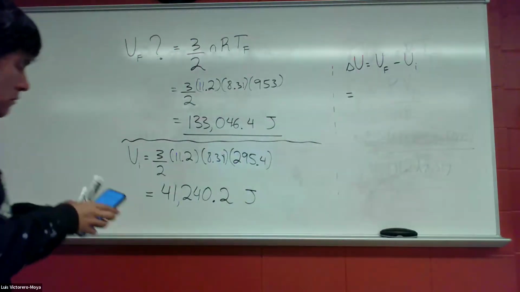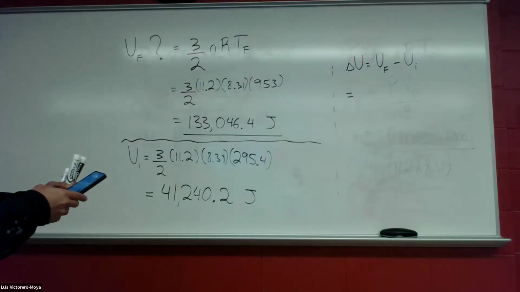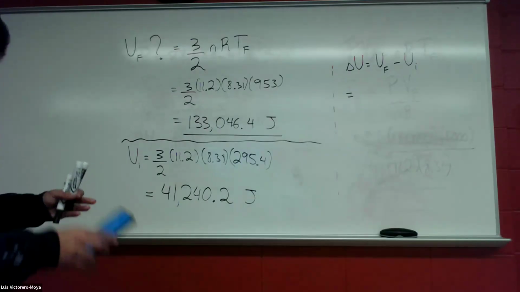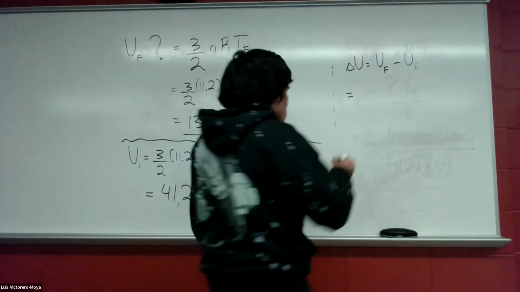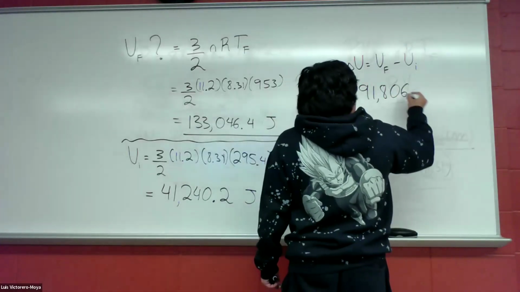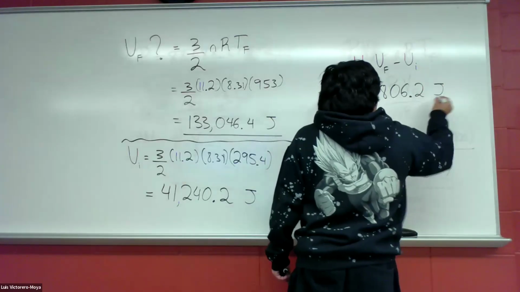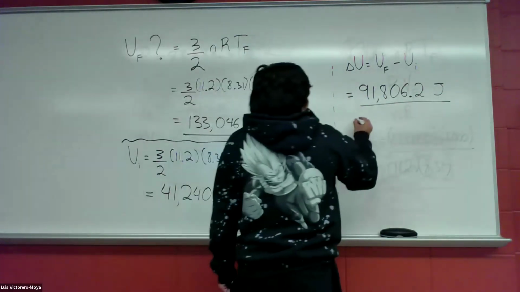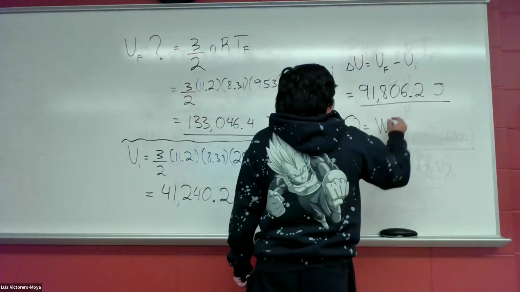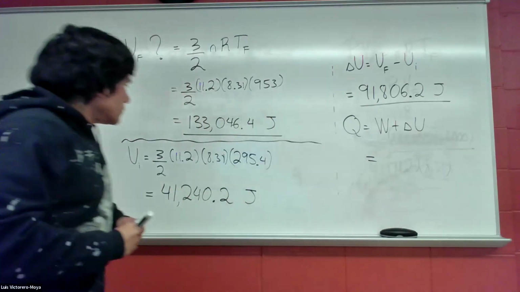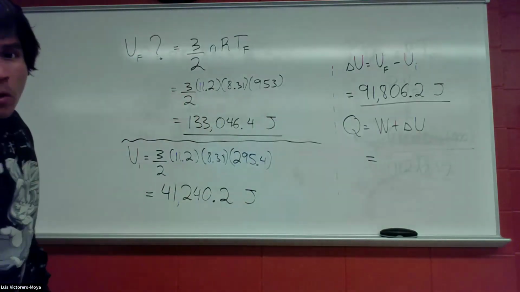So you have the values there. 91,806.2 joules. Why do they ask you that? Because now they ask you for the heat. Q equals work plus delta U. But the work was negative, right? The work was